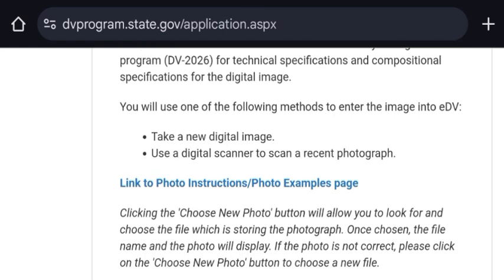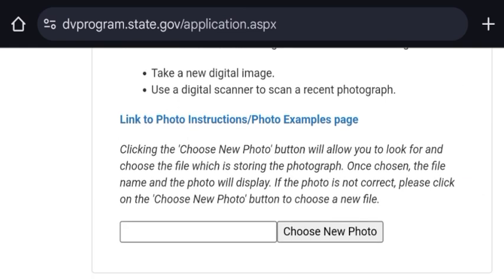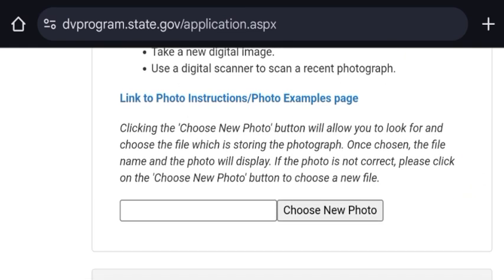Use a digital scanner to scan a recent photograph. After doing so, you have to choose new photo. Then, when you click on choose new photo, you upload the photo you want to insert.